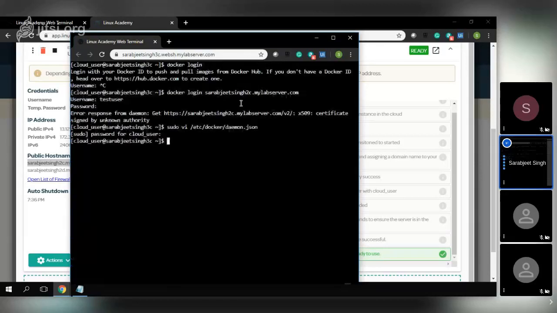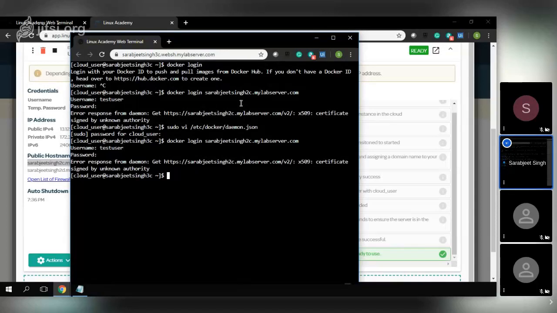So I have just saved that file, and now if I try to log in to this registry now,